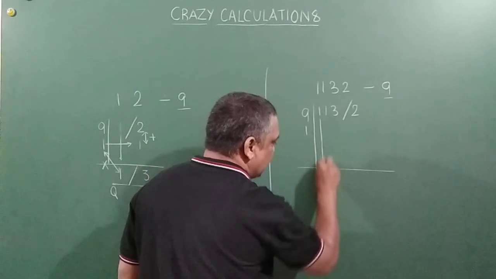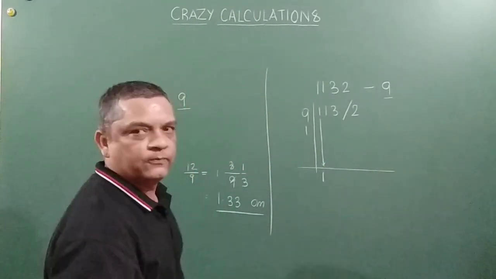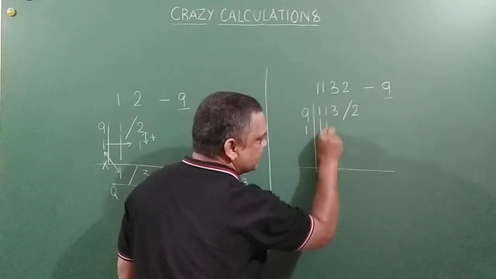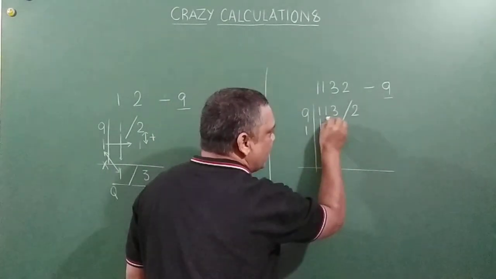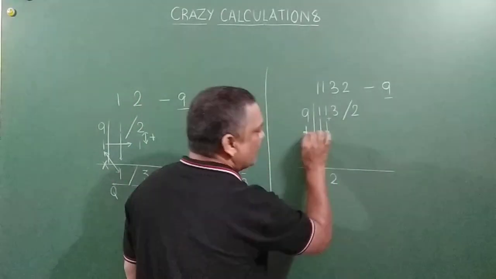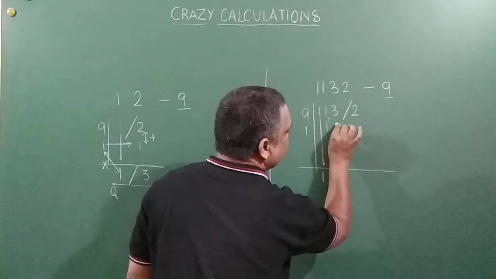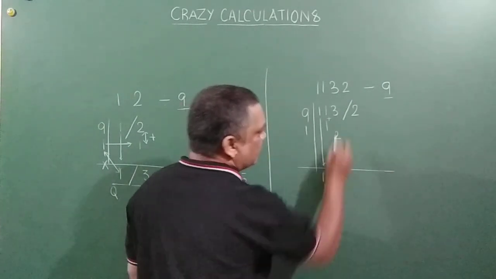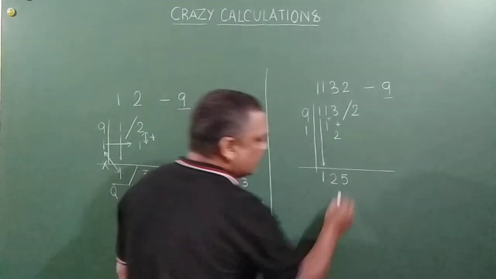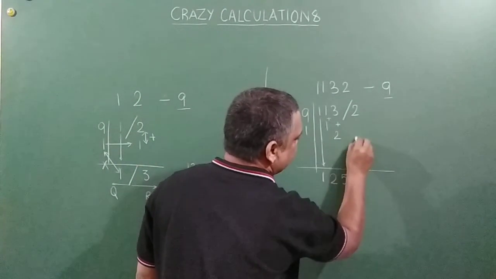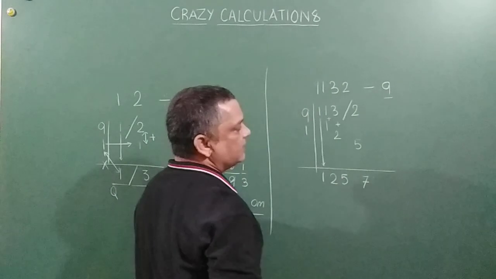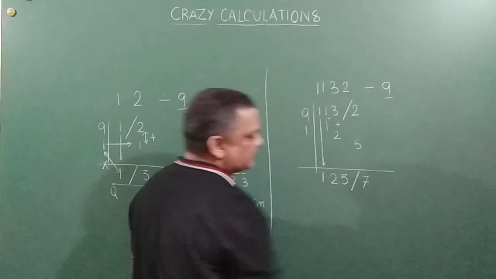The first digit I am going to just drop down, that is 1. Now I am going to multiply 1 into 1, that is equal to 1. I am going to write it against the next digit. Then I am going to add these two, 1 plus 1, that is equal to 2. I am going to write it here. Now 2 into 1 is equal to 2. I am going to write it here. Now I am going to add 3 plus 2, which is equal to 5. I will write it here. Now 5 into 1 is equal to 5. I am going to write it here. Now 5 plus 2 is 7. I'll put the oblique slash here.